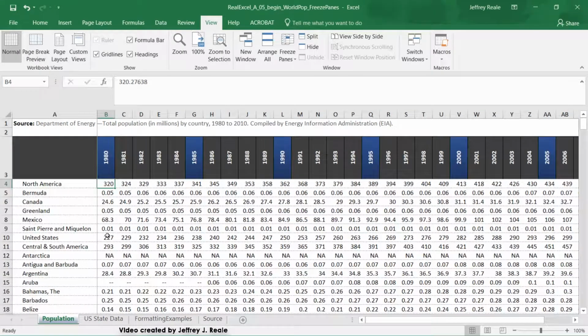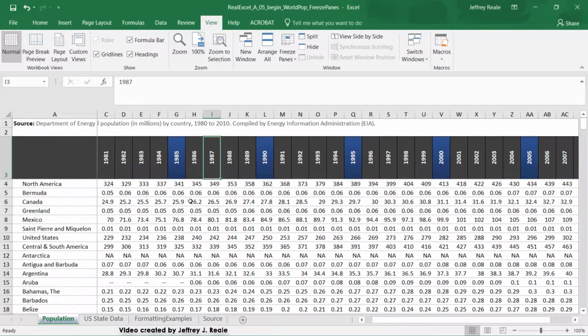Now the other option available to you, and you can't use these features simultaneously, is the split option. So with the freeze panes option, if I scroll up, you see I can't scroll up and see the years over here. I can only see the numbers because that's where the numbers end and the years start here, and I can't scroll in here. These are just frozen. This is kind of a semi-permanent solution